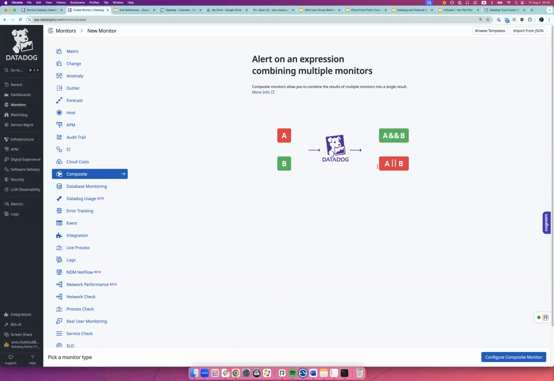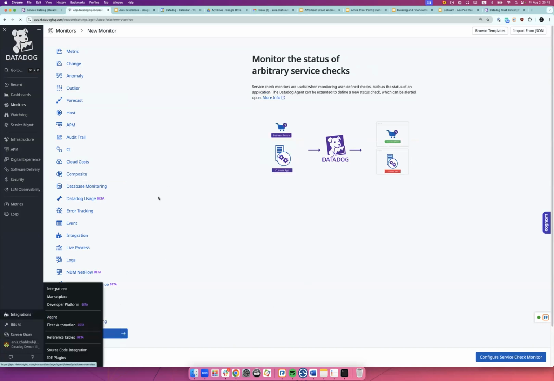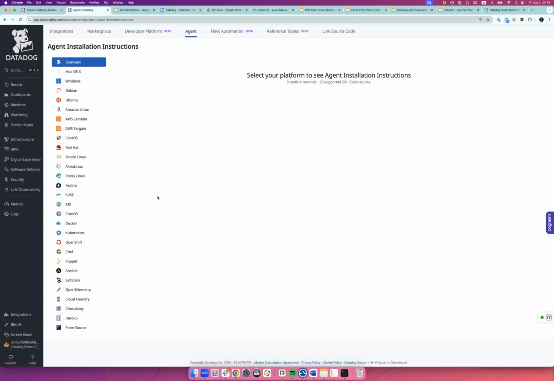Let's see some questions. I remember there is a question about on-premise systems. Yes, we definitely support on-premise systems. As I mentioned, you have the agent over here. A lot of banks in Africa have a huge footprint on the on-premise part, and I think Zara can agree. We work with these banks. They are leveraging Datadog as not only an observability system, but we also see a lot of use cases around SIEM. The simple answer to you, Zab and Frank, is that since you have the agent, you're able to integrate that agent